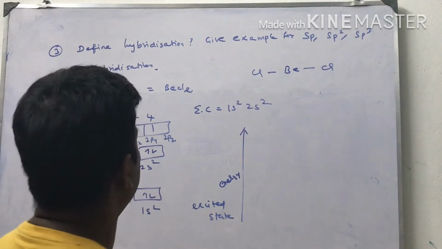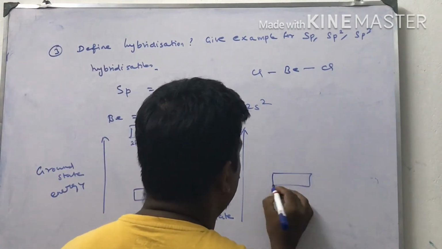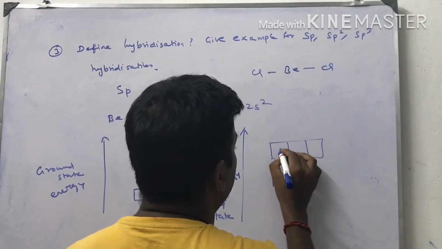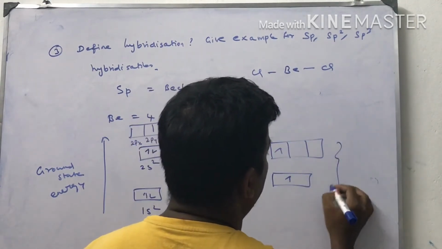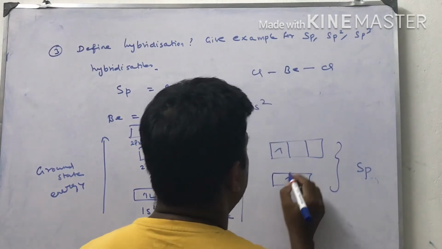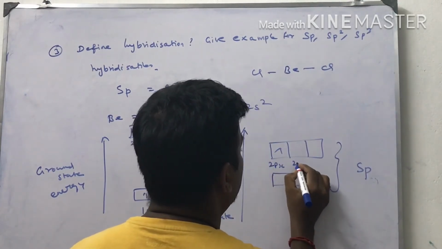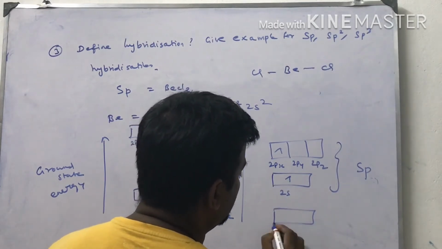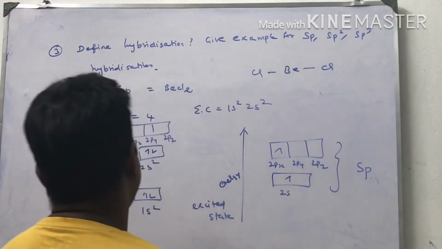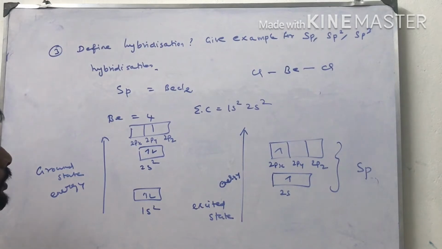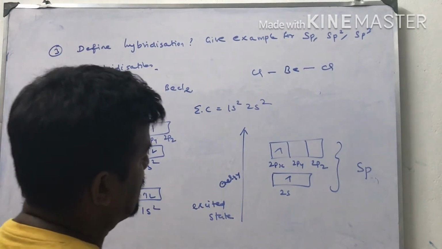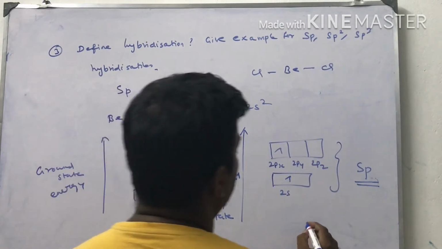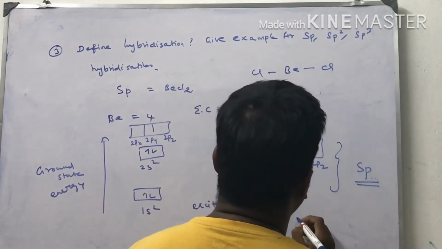from 2s to 2p. Okay. Now I am going to explain that. One electron from 2s is promoted to the 2p orbitals. Now it is an sp transformation: 2px, 2py and 2pz, and this is the 2s orbital. The 1s orbital is an inner shell electron, so that's not a problem. So this is called sp hybridization. One s orbital and two p orbitals are mixed together.